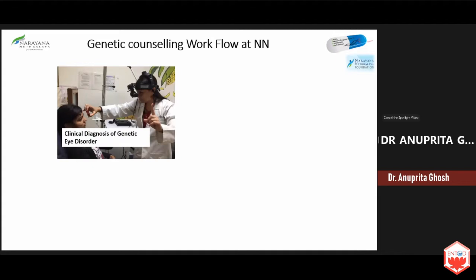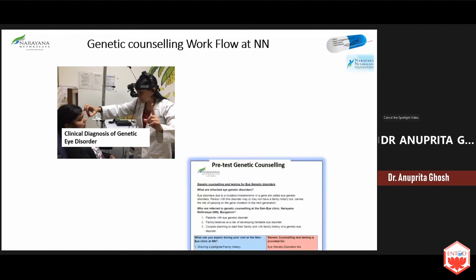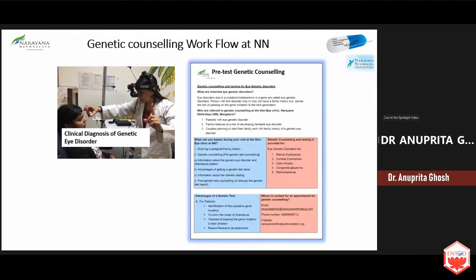The patients first come to the clinic. The clinician or the retina specialist is the one who first sees and does the diagnosis of IRD, and then they get referred to the GenI clinic. The coordinators of the GenI clinic start by making an elaborate pedigree or family history, and they also share this handout. This handout is very important because the day when they hear the diagnosis, it can be extremely